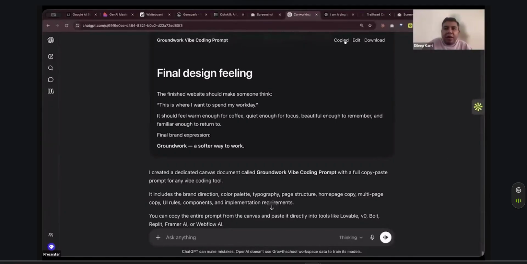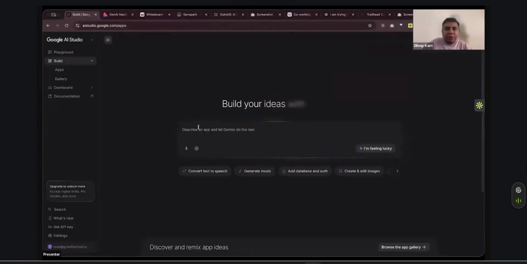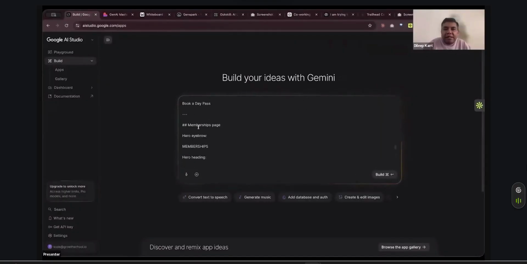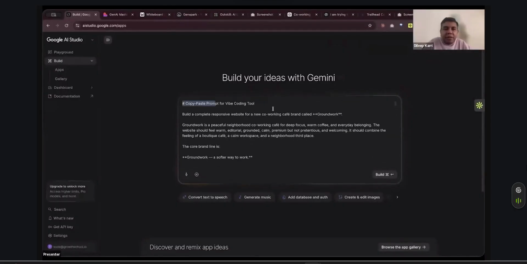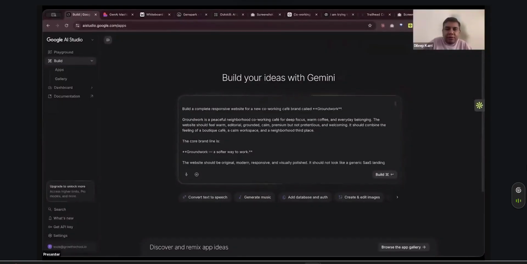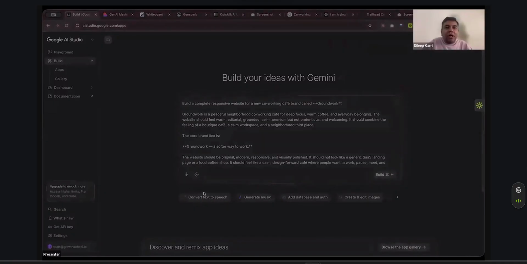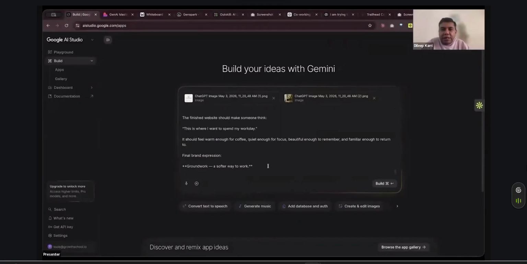Ready? I'll copy this. Now go back to Google AI Studio. All right. I will copy everything. I'll just remove the starting portion where it is the copy paste prompt, etc. I'll just remove this. Then I will attach the logo that I have already downloaded. So there is a logo that I have downloaded along with this thing. I have given that. And then I will say,